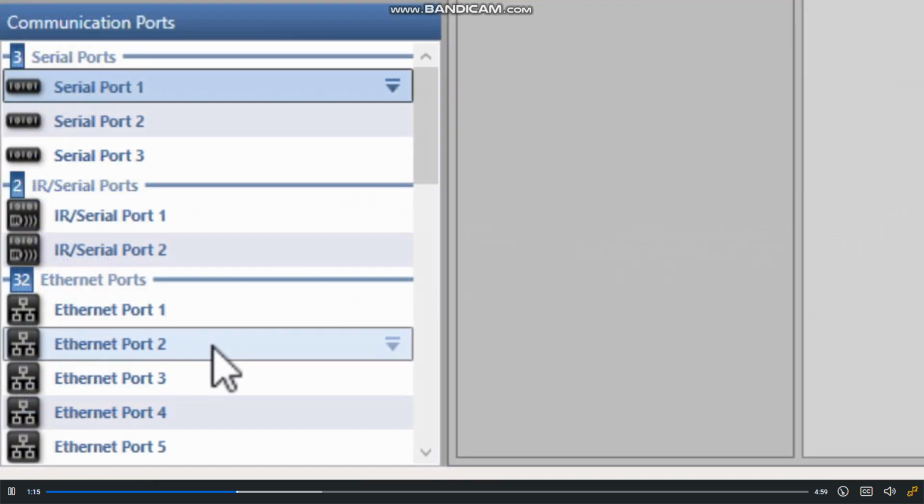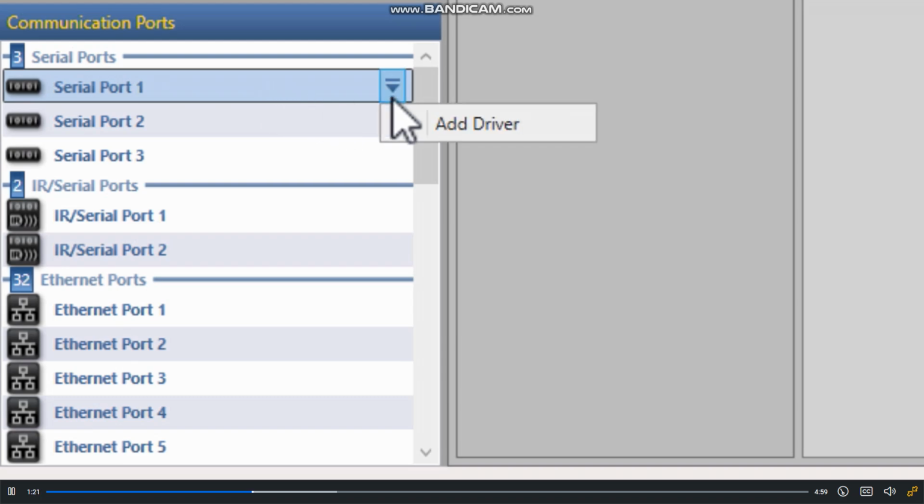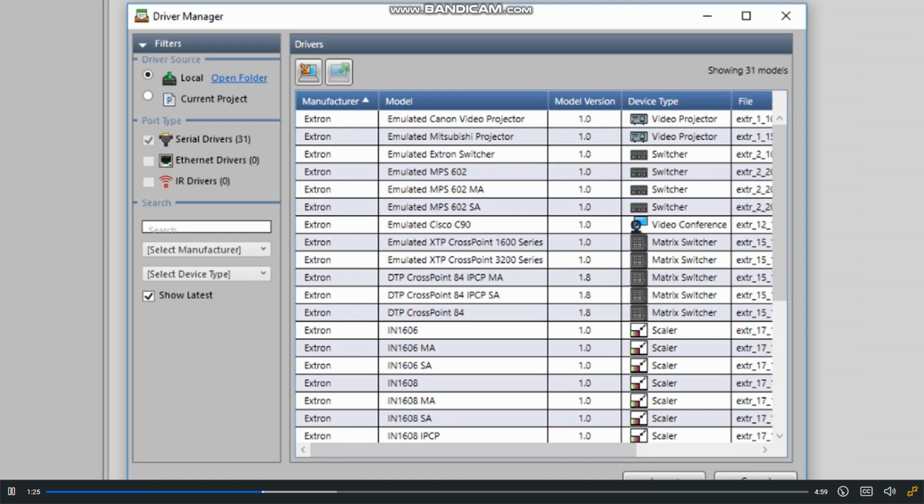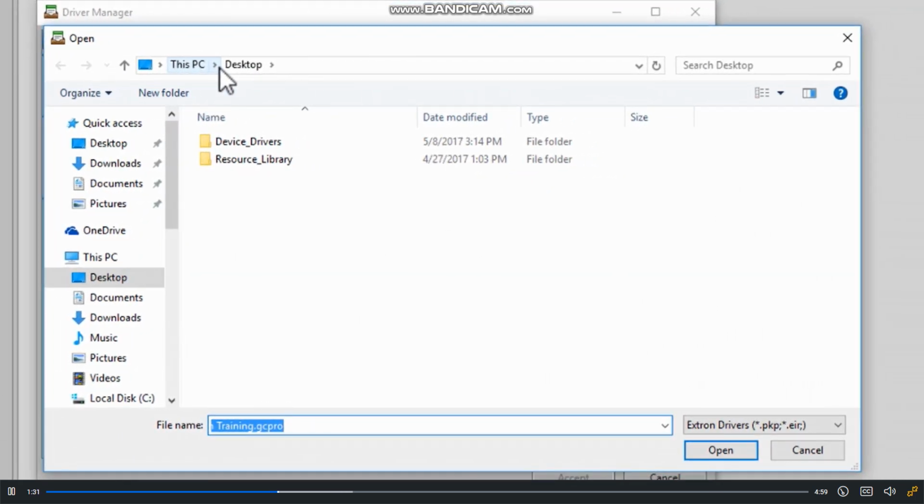To add a driver for the document camera, select Serial Port 1 in the Communication Ports pane. Open the down arrow menu and select Add Driver. From the Driver Manager, we can import the driver files that we downloaded by clicking the Import Driver icon. Navigate to the